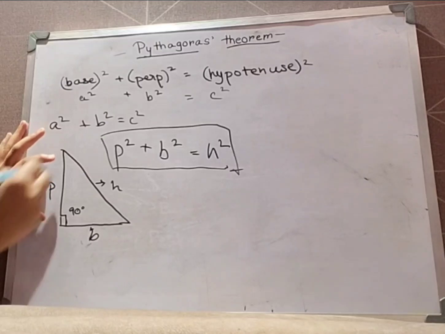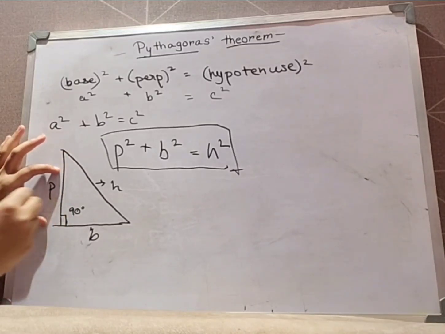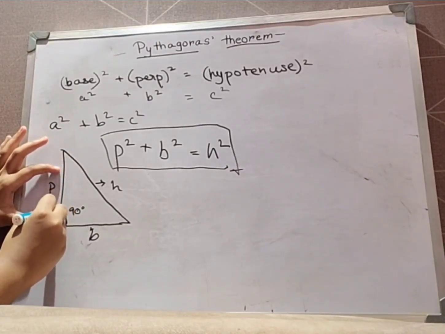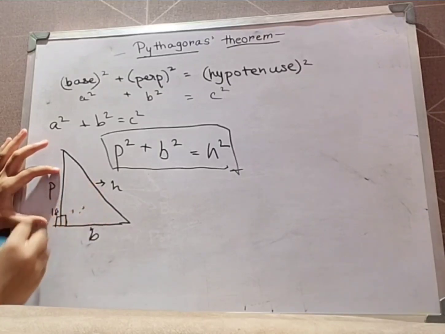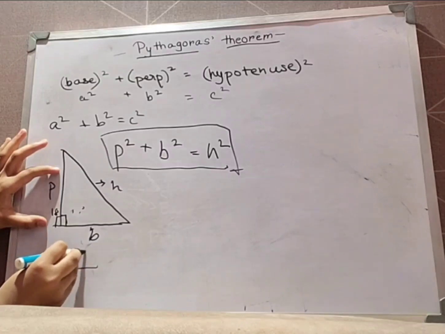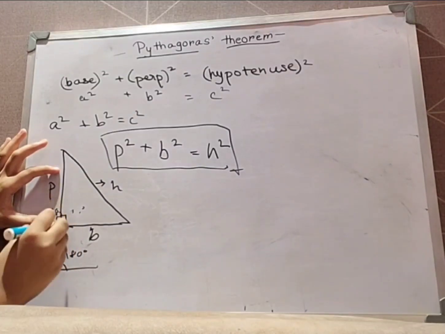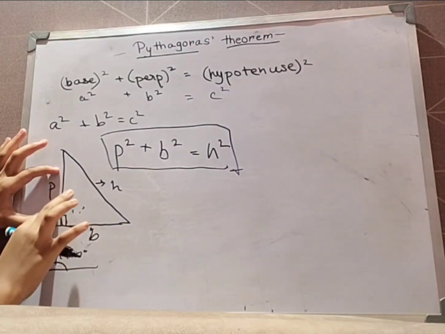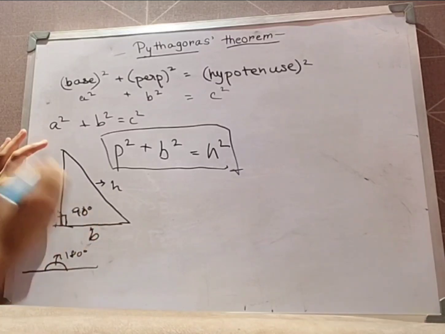So when something is perpendicular on something, then the total is always 180 degrees, right? Like this, if there's a straight line, then the total one is 180 degrees. So if there is a half straight line and a perpendicular on it, it will be half of 180 degrees, which means this is 90 degrees.